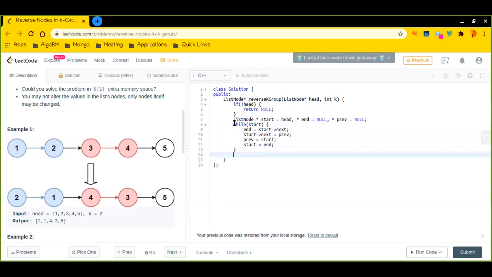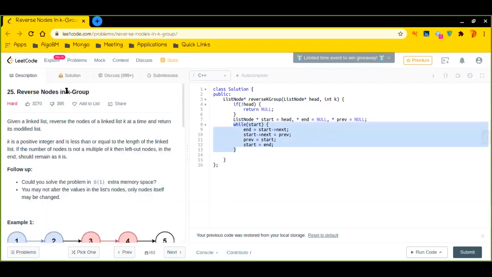But I was not trying to reverse the entire list. We have to reverse only a k-sized subgroup. So how can I know that I have reversed a k-sized group? Let's say we declare a variable, count.